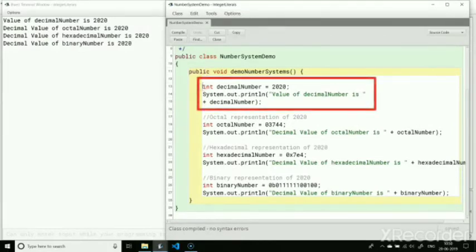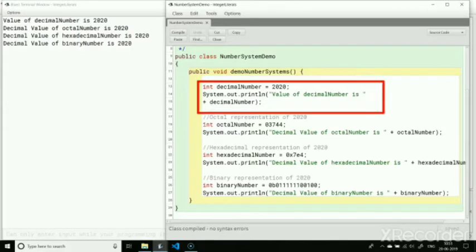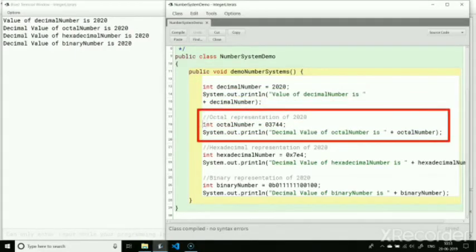Here we are declaring an integer variable decimalNumber and assigning it the value 2020 in base 10 and then printing it. Nothing new here, we have been doing this since the beginning of this course. Next, we declare an int variable octalNumber. The octal equivalent of decimal number 2020 is 3744.